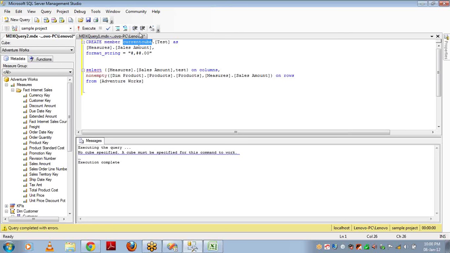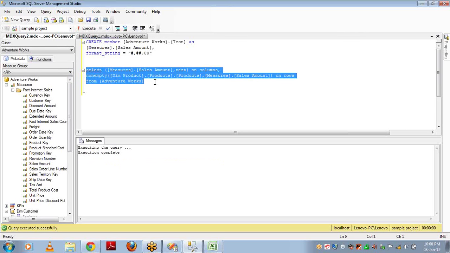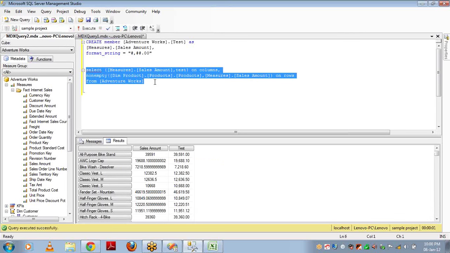Okay, let me give the cube name here instead of the current cube. Now I see it is executing, execution complete, and I can run this and it is giving me the value.